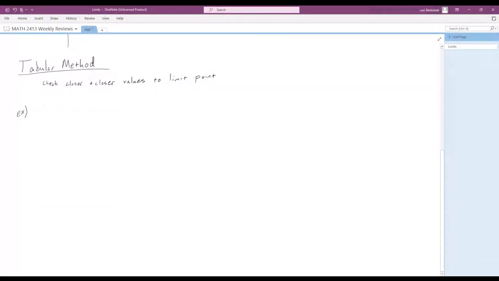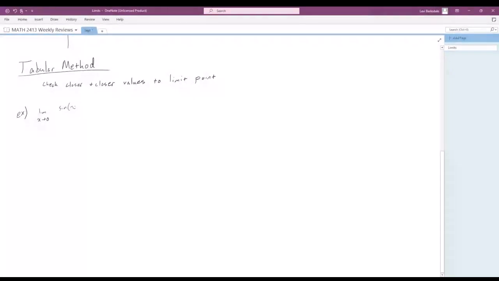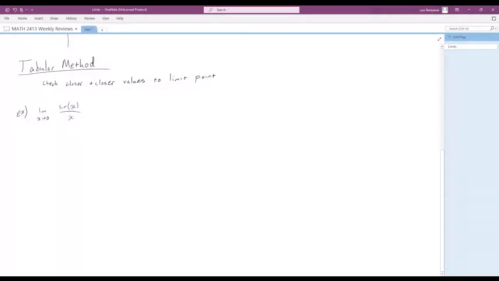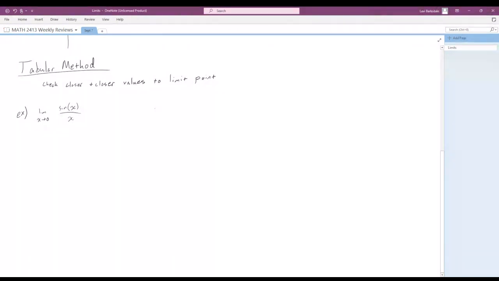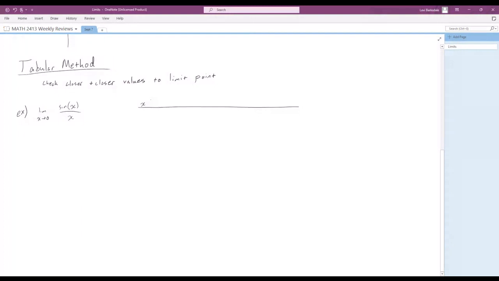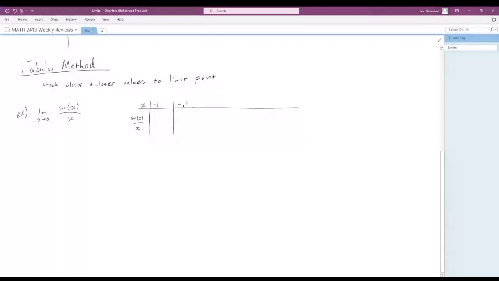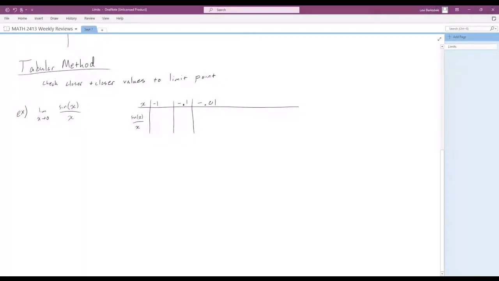So we're actually going to start with an example. And this one is a very classic limit. The limit as x approaches 0 of sine of x divided by x. And basically with the tabular method, all we're doing is we're checking for a given x value, we want to know what our function value is. So we're interested in the limit as x goes to 0. So I'm going to say, let's check -1, -0.1,